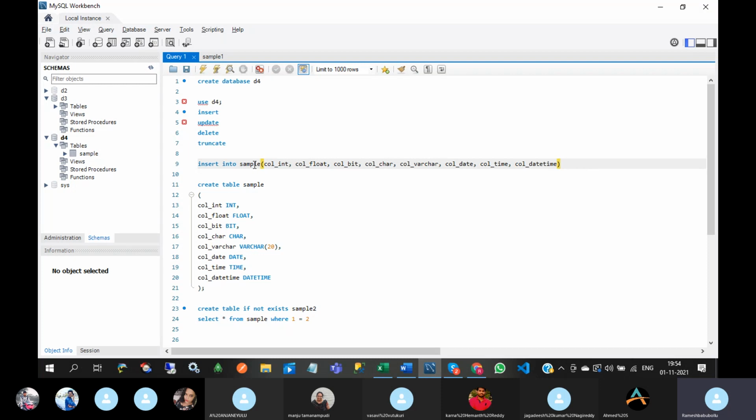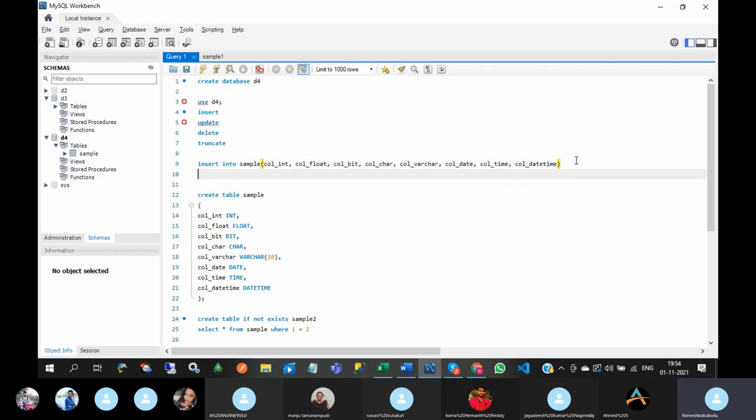So insert into table name, in the brackets you have to write all the column names, and write values. Here the first column name is col_int, so you need to give only integer values.